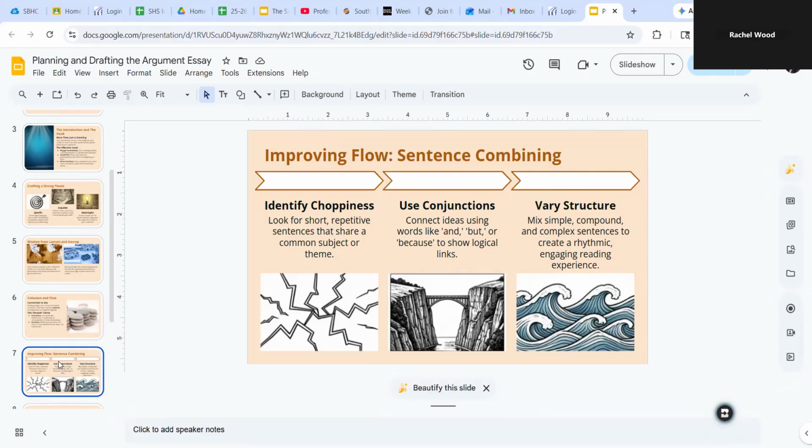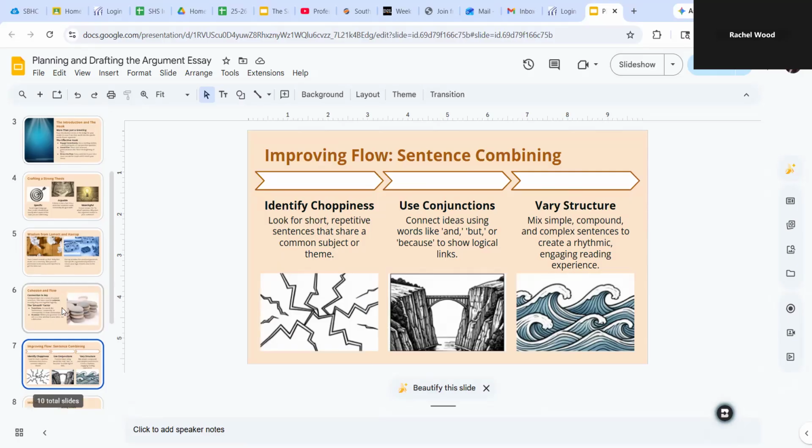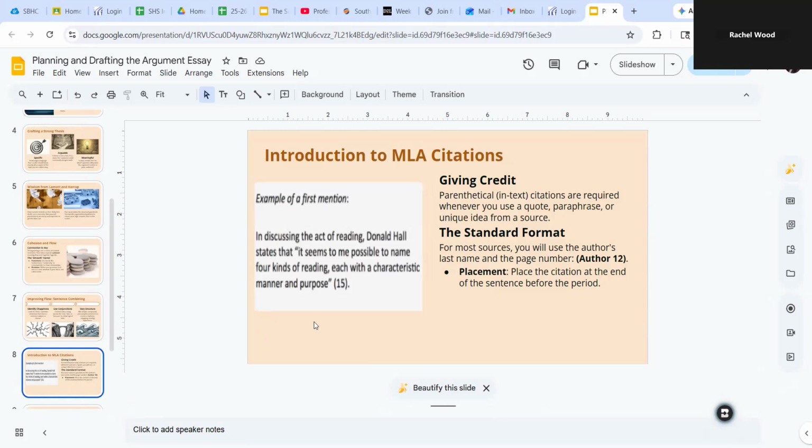You want to vary your structure. You don't want to have all of your sentences the same length. You want to mix compound sentences and complex sentences to create an engaging reading experience that has a little bit of rhythm to it. That being said, MLA citations, I've gone over this a little bit before, but you need to